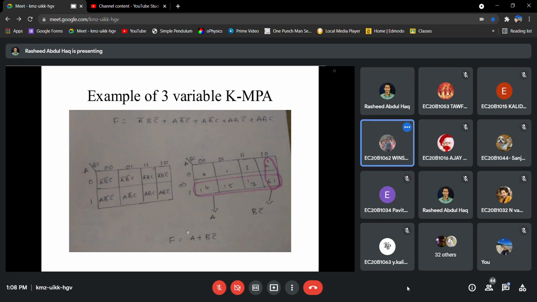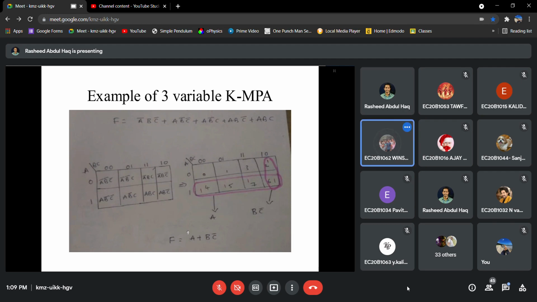Sir, the third column, 1 1 is there, no, sir? Third column where, sir? 0 0, after that 0 1, after that 1 1 is there, no, sir? Yes. If I put 1 1 in the last column, I'll get the same answer, no, sir? It won't be correct every time. This is the correct procedure to be followed to get the correct answer every time. We will get the answer correctly in some cases, but it may not be correct every time.